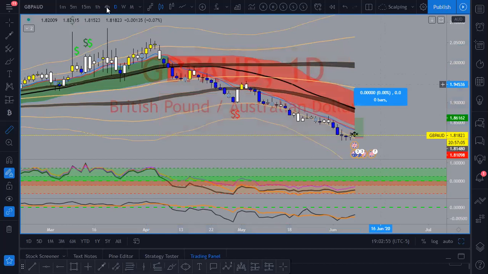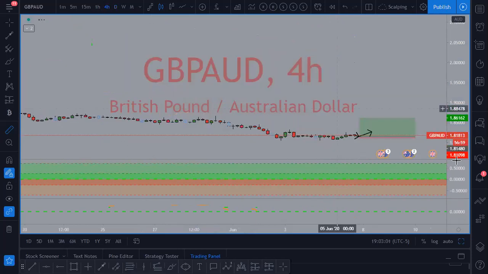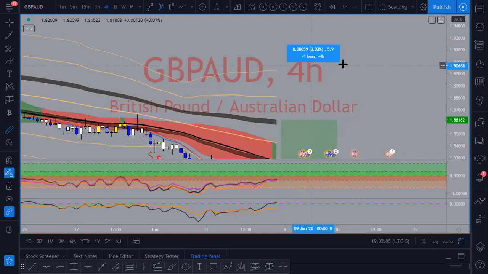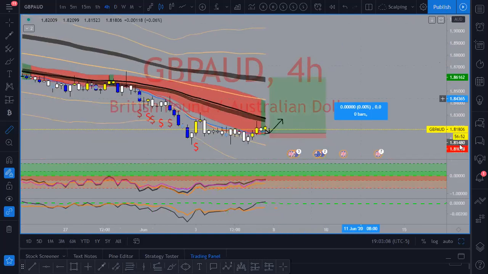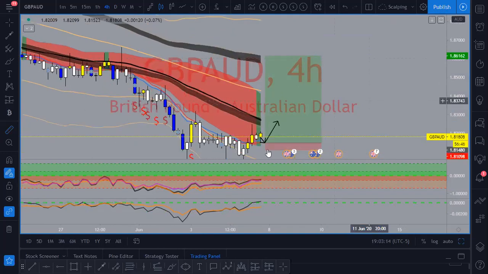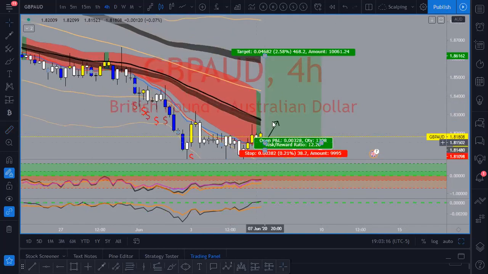So, like I said, I want to see some type of retracement. I'm not looking at the daily time frame. I'm looking more at the 4-hour. Daily looks like it's setting up for a beautiful buy, by the way. But on the 4-hour, I definitely want to see price come back to retest down here to jump up, which I'm getting that entry on